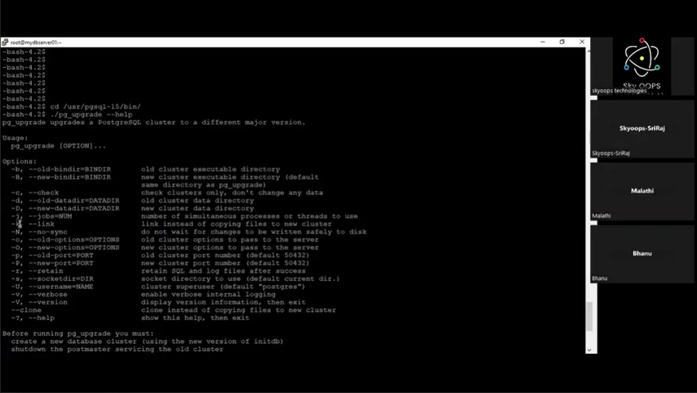Okay, next one is the -k or --link option. We should be very careful while using this option. Why? Because there is a use and there is also a disadvantage to using this option. The use is, suppose you don't have enough space in your PostgreSQL cluster instance, so you have storage-related concerns. In that case, we can install the PostgreSQL 15 binaries,